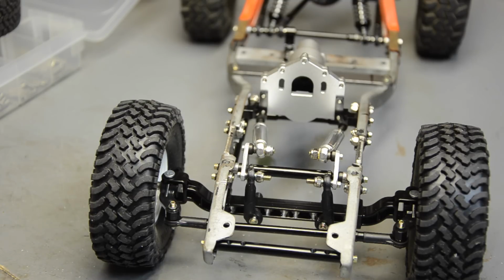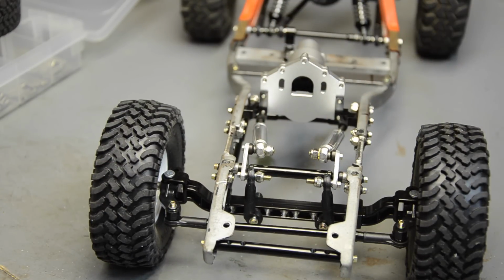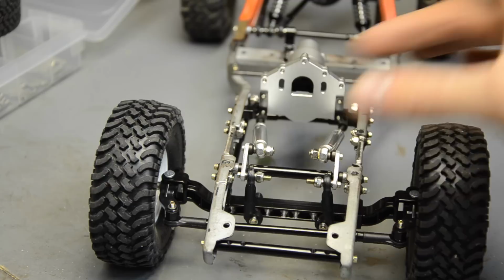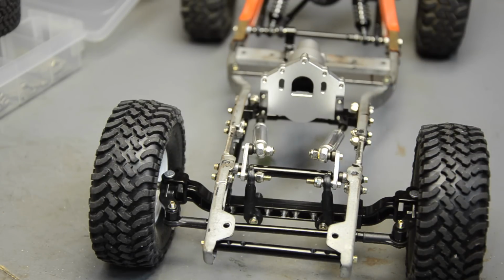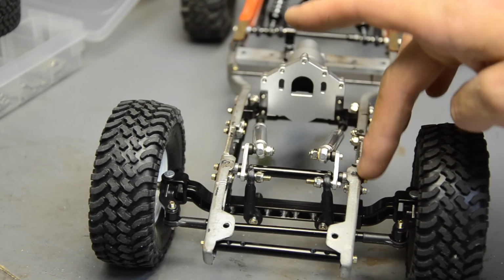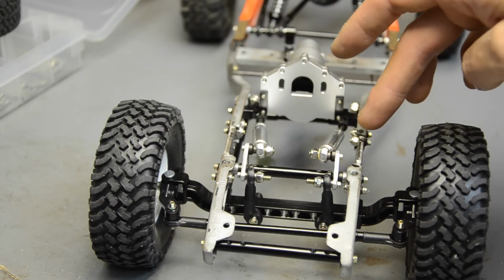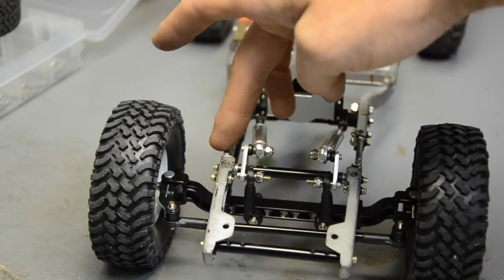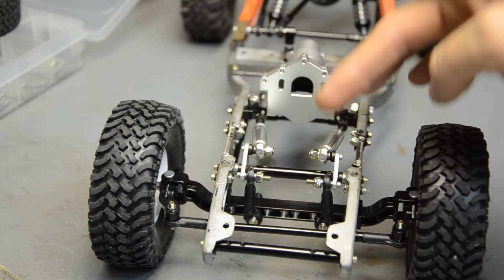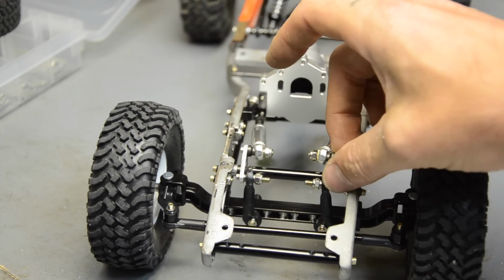So I've added some more bracing here, just like I did on the back. I drilled some holes here in my cantilever mounts. I had to readjust lengths of things, so I ended up using an existing bolt that I had used here. It was an existing hole on both sides, so they're perfectly across from each other. And I'd already been using it to mount my frame extensions on. So I just took the nut off, put a longer bolt through, ran some spacers, and mounted my cantilever plates, which I made